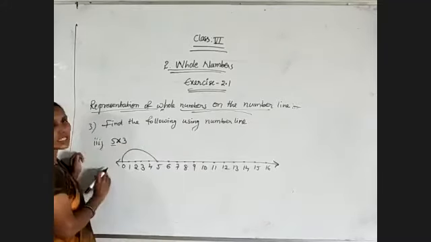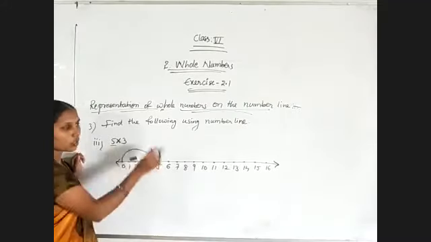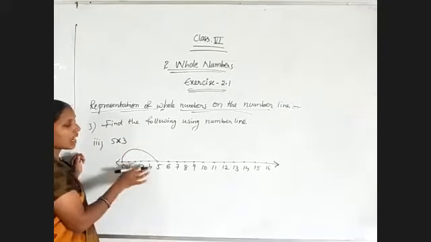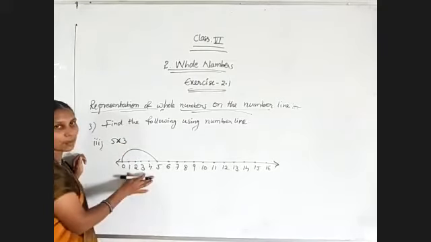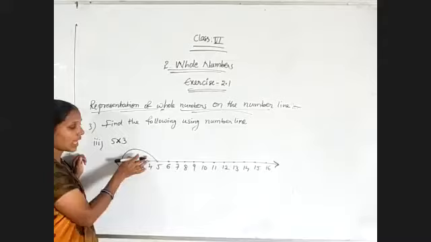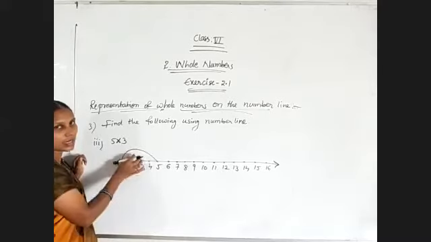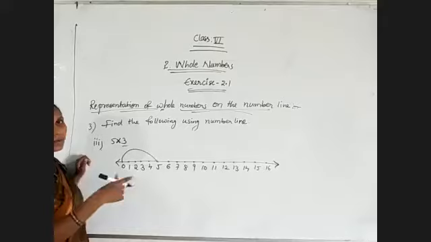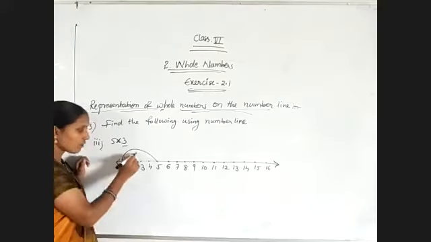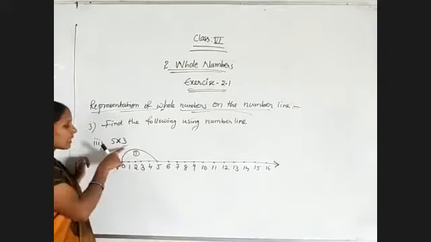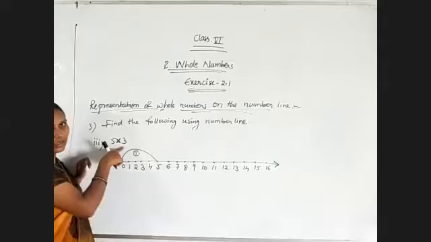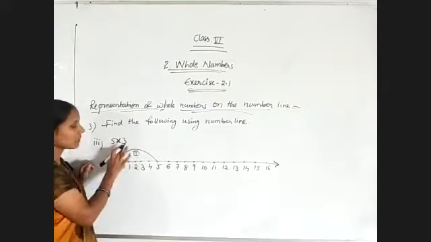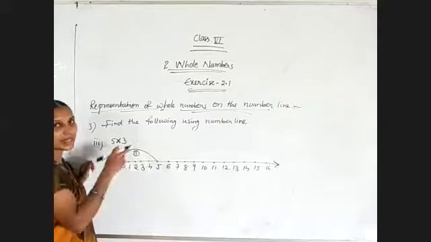Into, because of this into, we need to follow skip counting. And what is the first number? 5. So that means I need to start the skip counting. That means I need to give the gap of 5 numbers. And the second number represents how many times we need to repeat that procedure. Now one time over. Okay, like that we need to follow 3 times. Okay, first number is the gap. Second number is the number of times repeated.